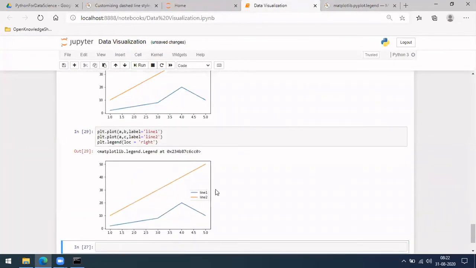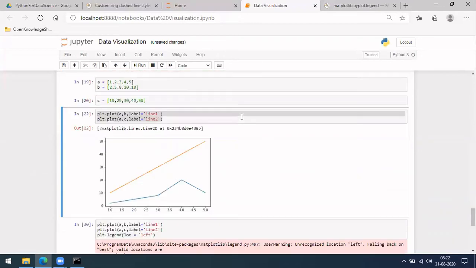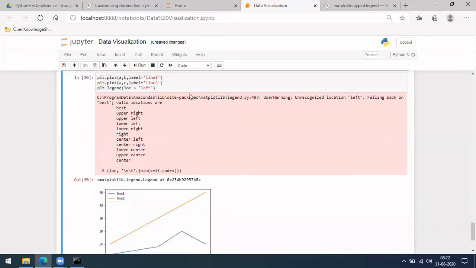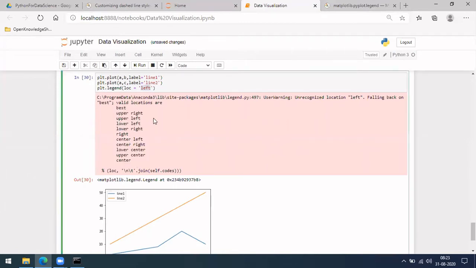See, right, in the sense you got it at right. Similarly, left, you'll get it on the left side. Okay, not just right, left is there. These are the available options that you can choose, whatever you want. Center, upper right, upper left, something like this.